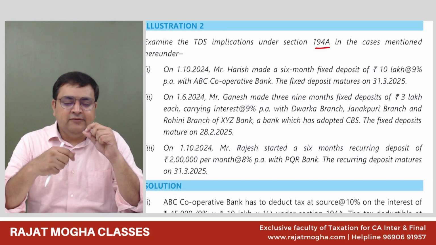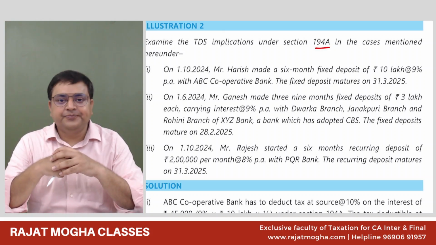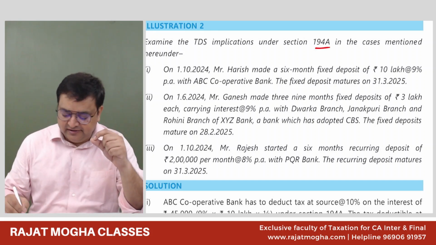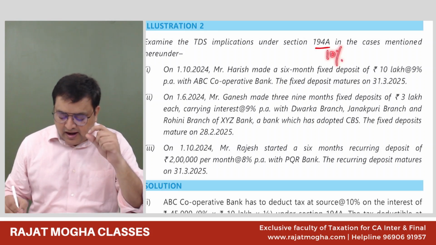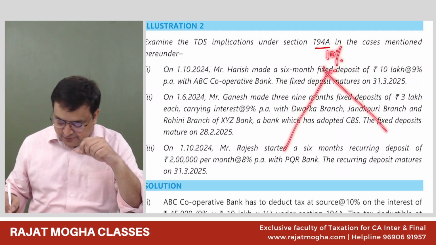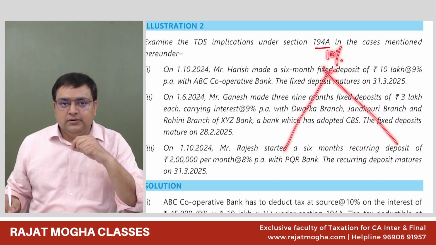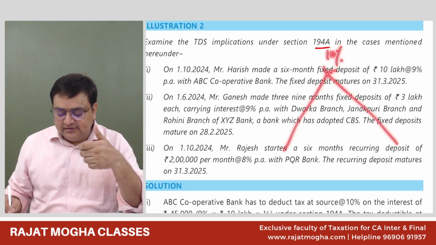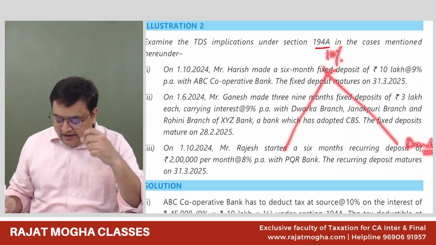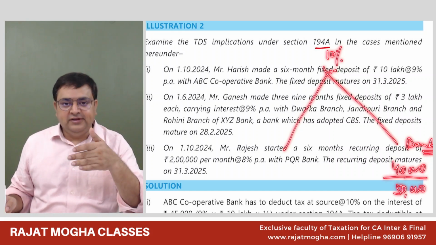We understand in 194A, the TDS rate is, do you remember the TDS rate of 194A? 10%, sir. Very nice. 10% is the TDS rate under section 194A. And the threshold limit, if anyone remembers, please do tell me. Otherwise, I'll tell you. 40,000, and 50,000 for senior citizens. Very nice. So if you are getting this interest from banks, financial institutions, etc., the threshold limit is 40,000 generally.